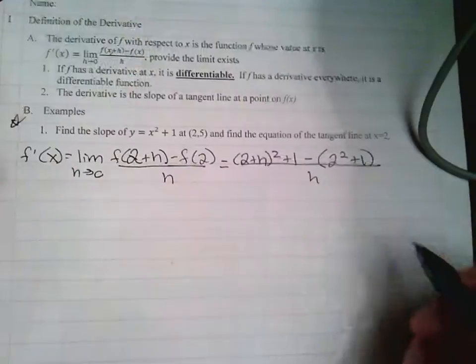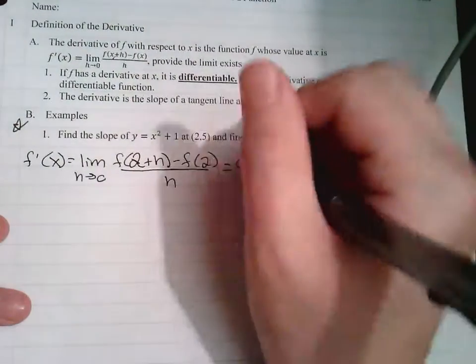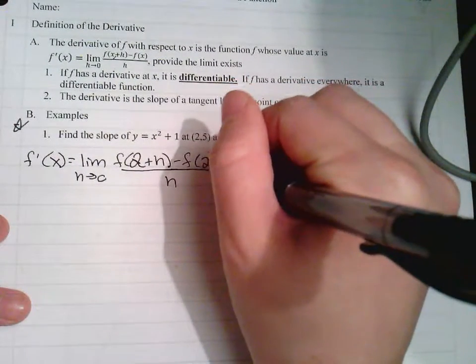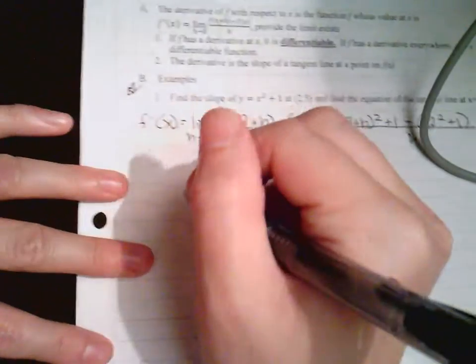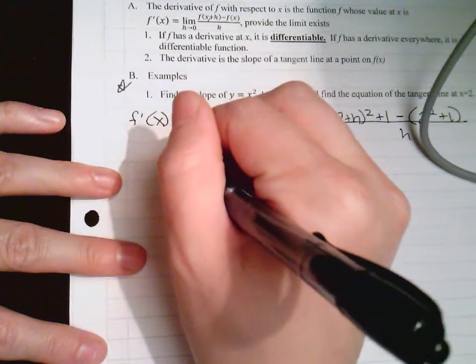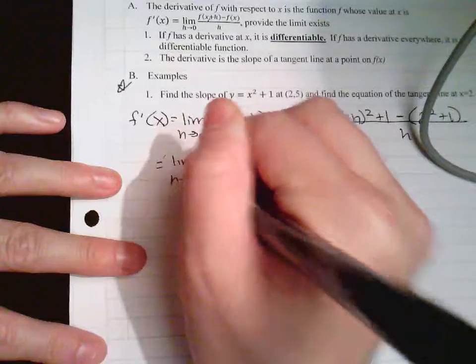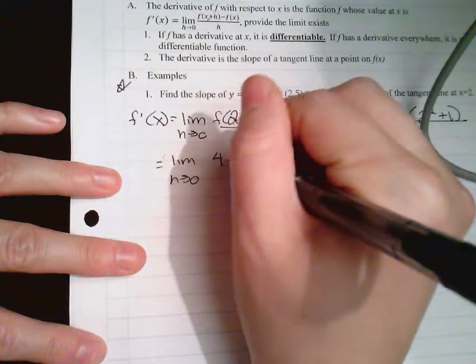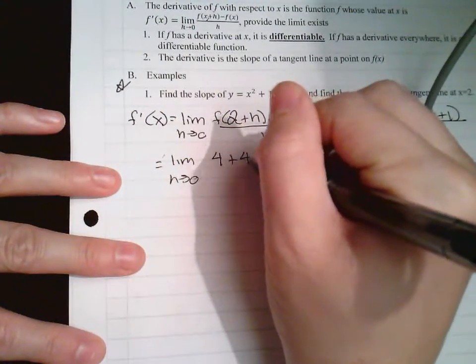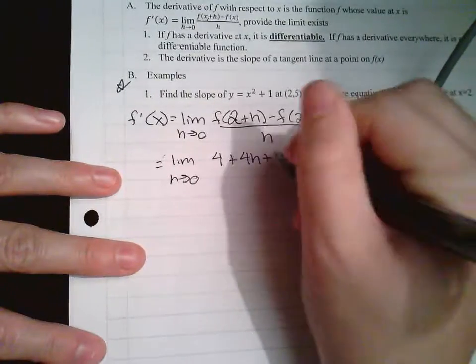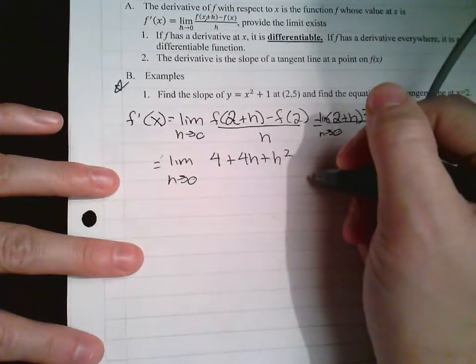Don't forget to put the limit here. So you're going to have 4 plus 4h plus h squared, that's the FOIL, plus 1